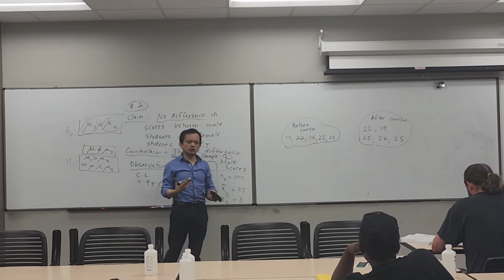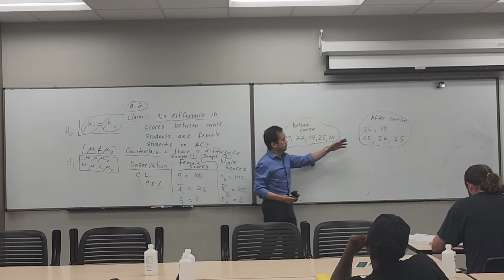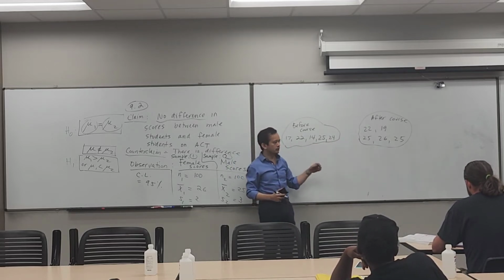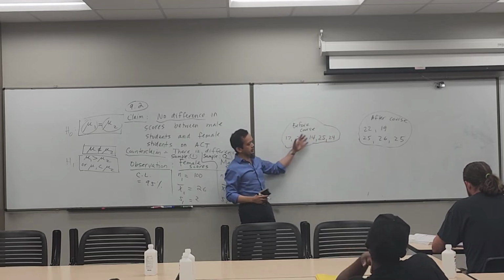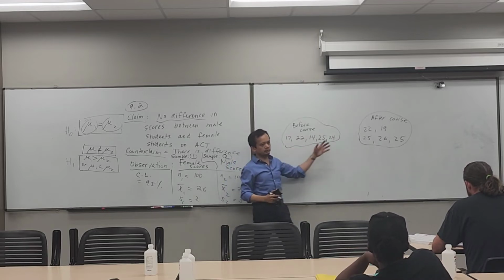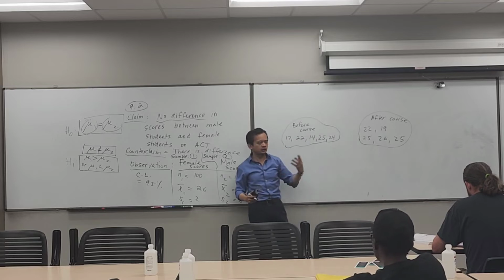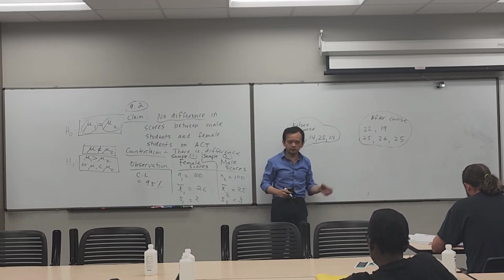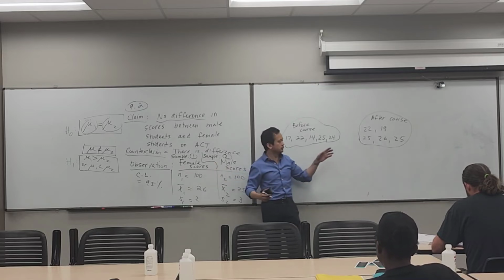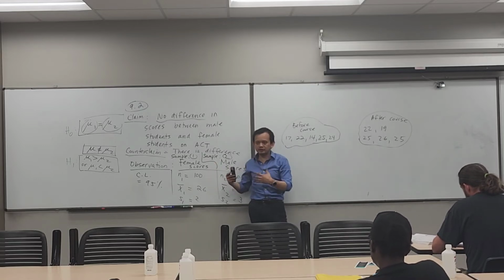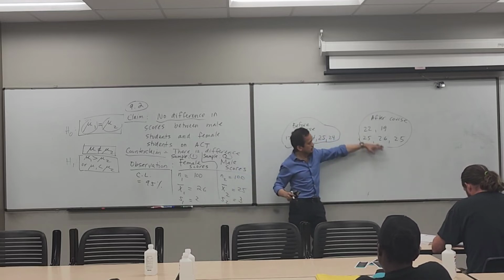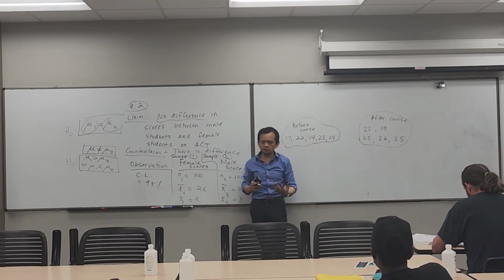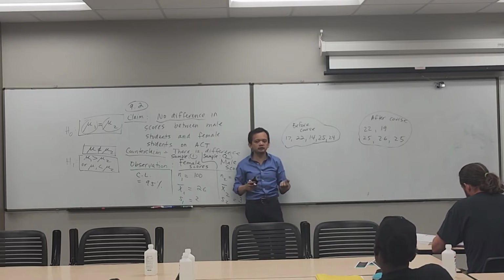So one way that you can determine whether the scores of the students are better after the course or not is you could take the mean of the collective and compare it to the mean of the other collective and see if the mean after you take the course is higher. Right, so that's one way that you could do it. You use hypothesis testing to see whether that's true for the entire populations of each group as opposed to just the samples. So that's one way that you can do it, but it's not the most effective way of doing it,